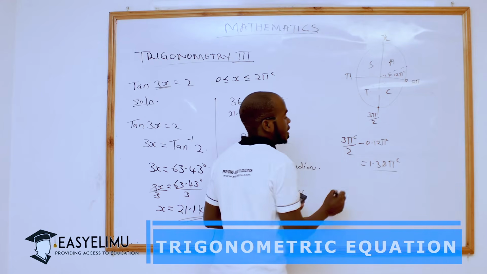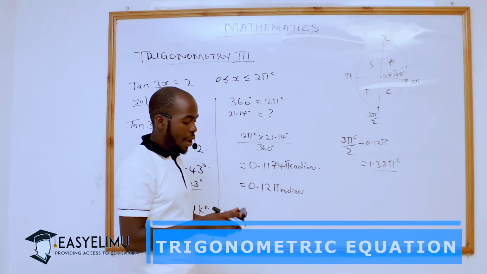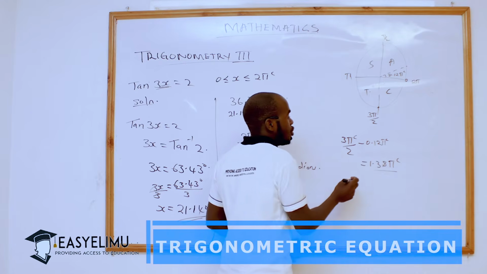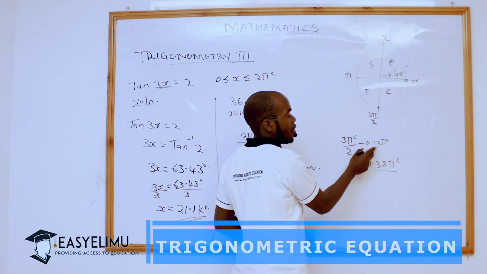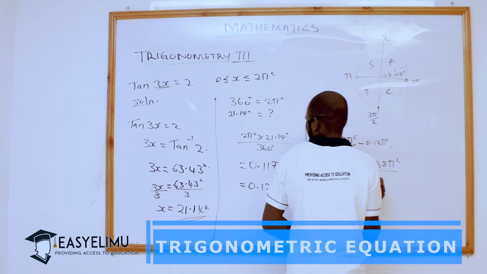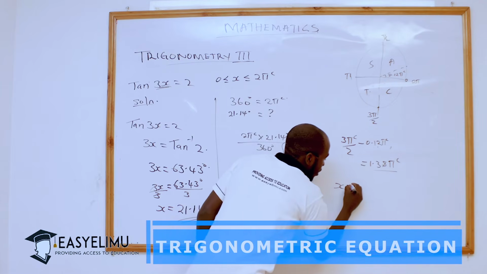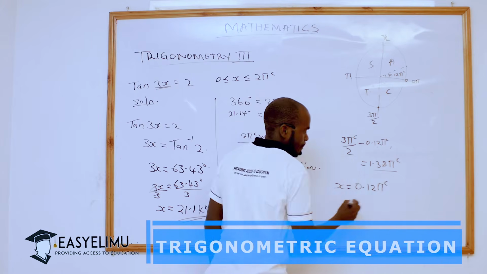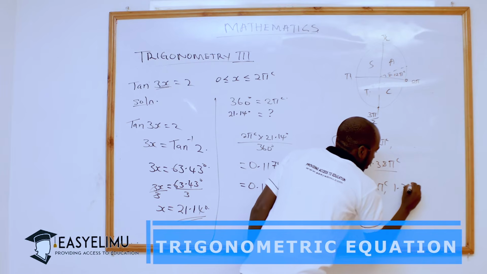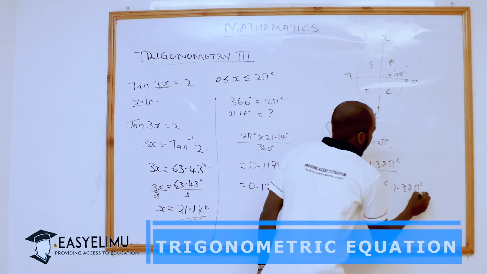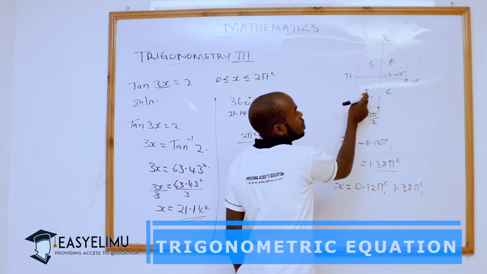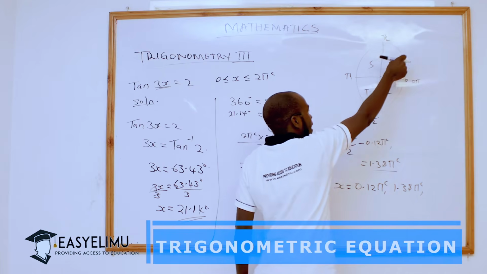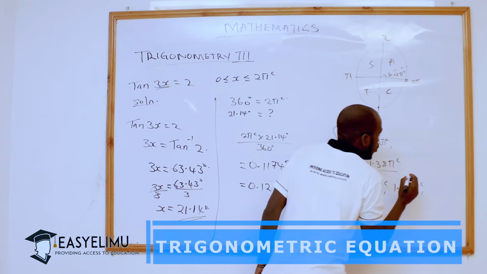Our answer, we will find it as 1.38 pi radian. If we try to find another periodic of it, on addition of 2 pi, you will find that x is equal to 0.12 pi radian, 1.38 pi radian. And if you go periodically, because it is only positive here and here, then if you add 2 pi to this to get another angle which is equivalent to that, you will find it will be